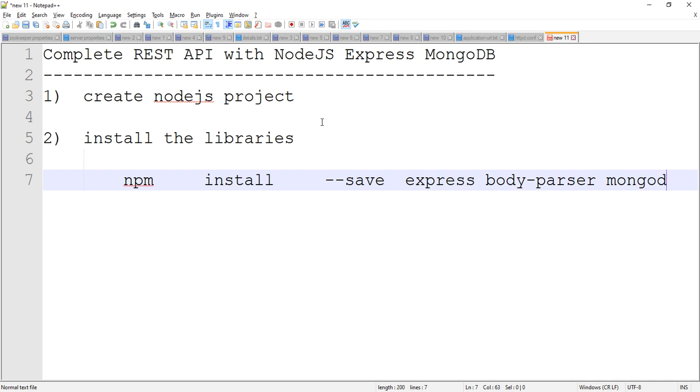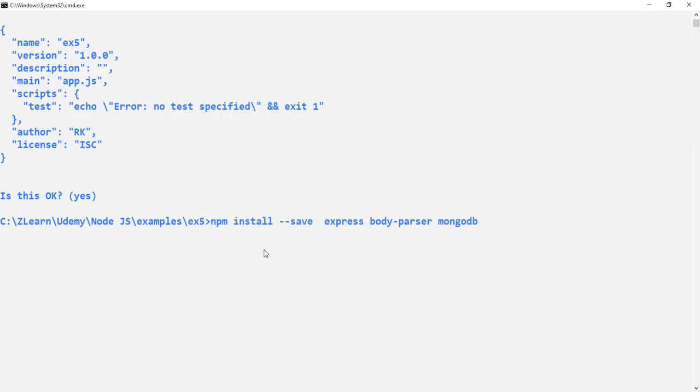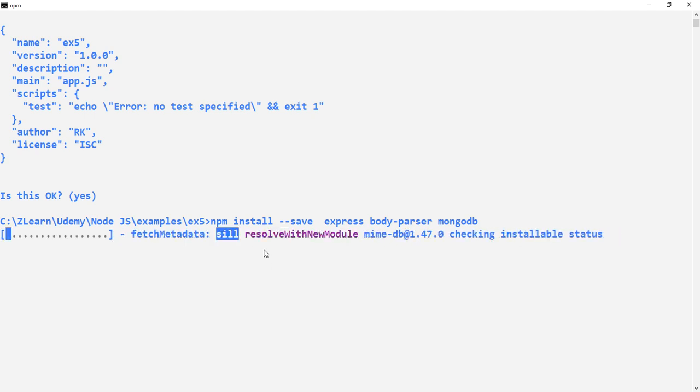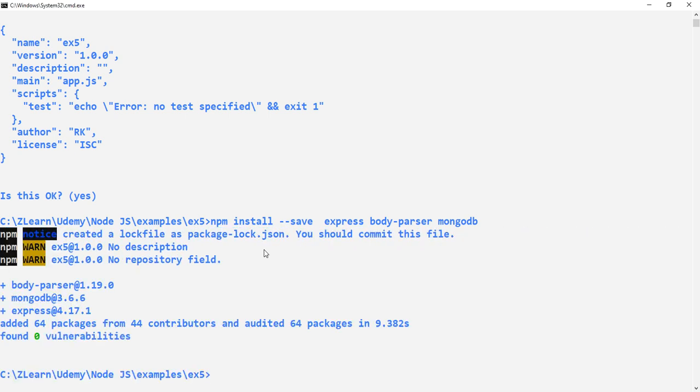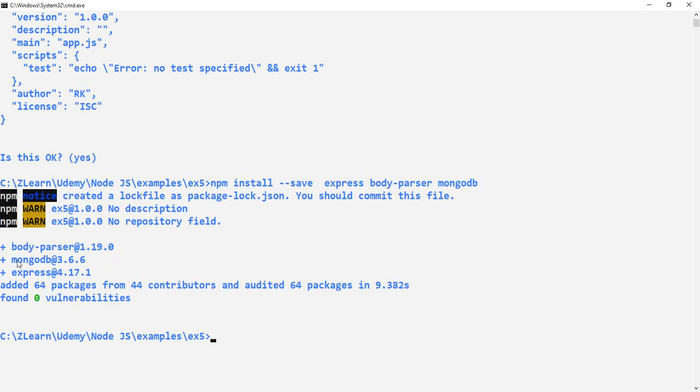Next one, MongoDB. So these are the three libraries I need to install. So let me install them. Okay, so all the libraries are installed.